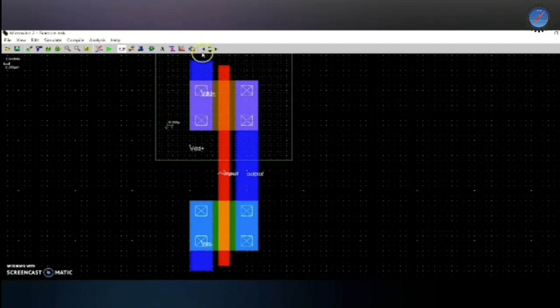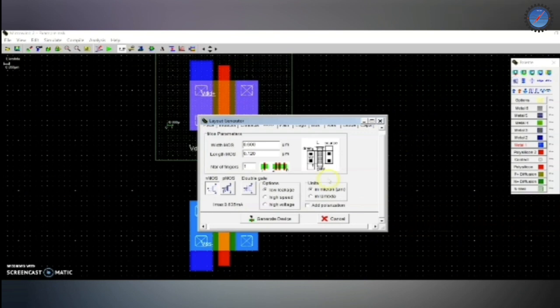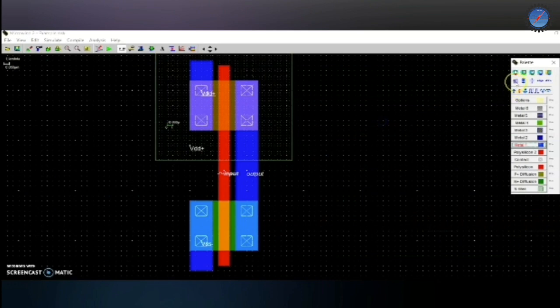You can either go to palette and take NMOS and PMOS which are readily there, and you can generate the device with whatever you need as a width and length. You can choose that. Remember that the length cannot exceed the 2 lambda which you have chosen from the foundry, but then the width can be varied. The width can be varied according to your specifications. You can either generate PMOS and NMOS from this option of MOS generation, or else you can manually